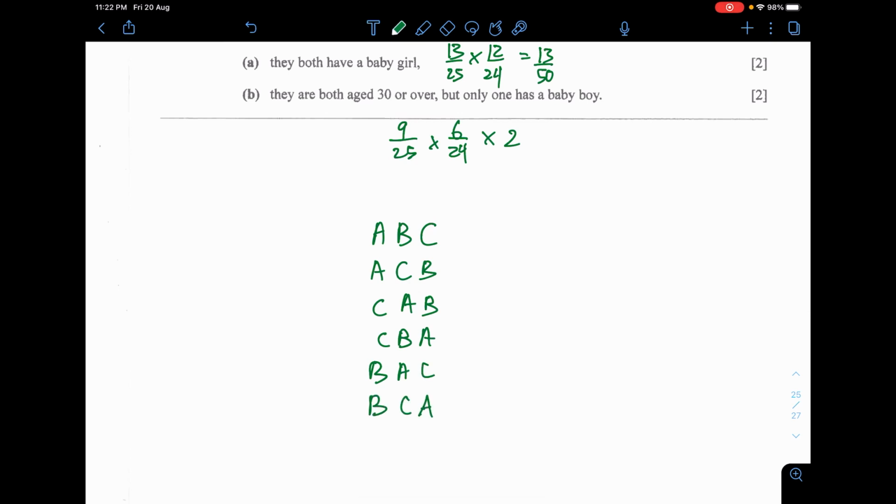Meaning to say that if you have 3 unique characteristics that you need to shuffle, consider the amount of times you actually can collect them, you multiply by 6, not multiply by 3. Whereas if you only have 2 uniqueness, you only multiply by 2 because it's only A or B, or getting a B and then A. So notice the difference here.